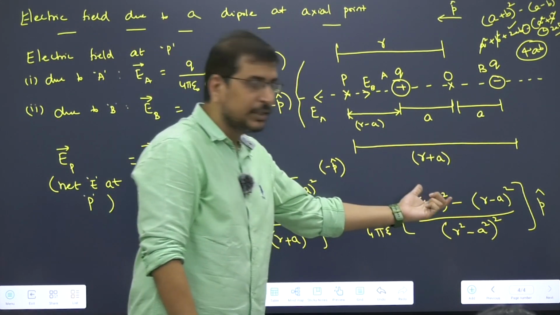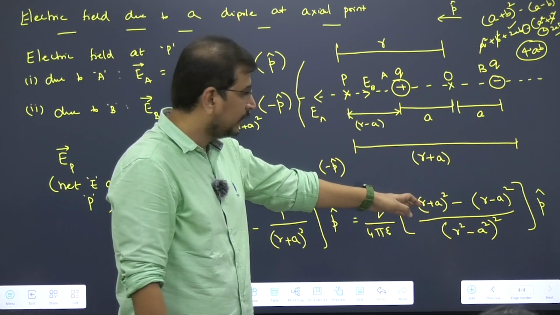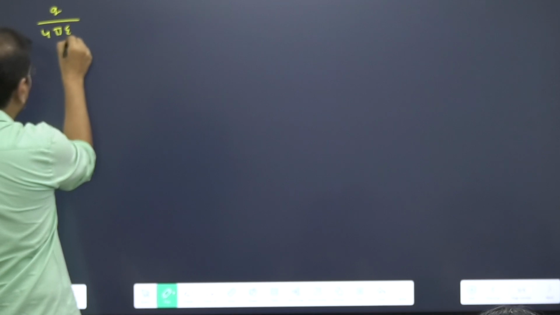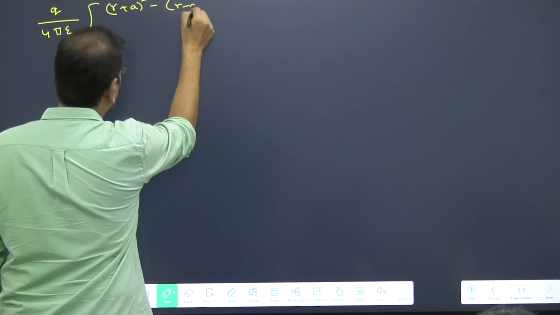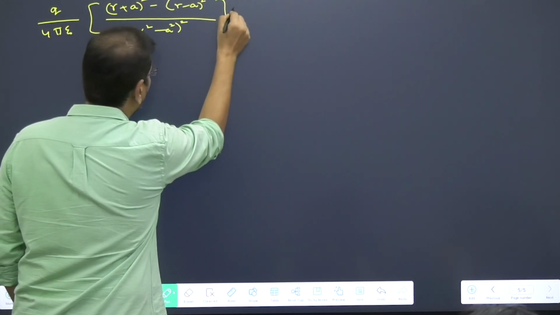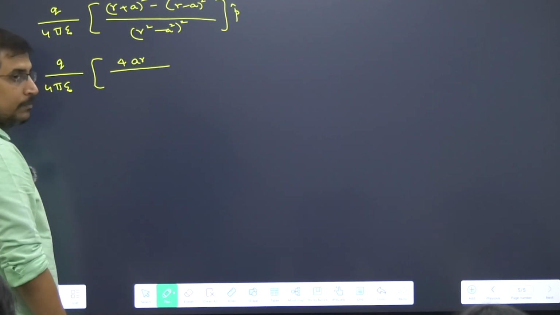So what will happen here? It should be 4 times a into r. Here a is r, b is a. So 4 times ar, right? So it will be q divided by 4 pi epsilon naught into, just to understand, I am writing this again, [(r + a)² − (r − a)²] divided by (r² − a²)² times p cap. This is what you are going to get. So q divided by 4 pi epsilon naught into, here it is going to be 4 times ar divided by,